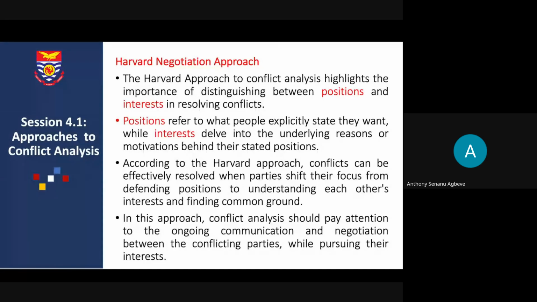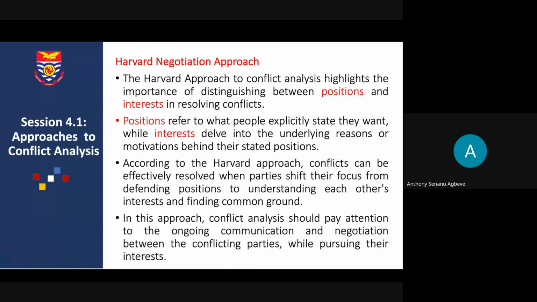What are the underlying reasons or the motivations behind that position they've taken, that he is the rightful chief of the Boku traditional area, right? So positions and interests are very important when you want to analyze a conflict. Then you'll be able to understand what the people want, and then